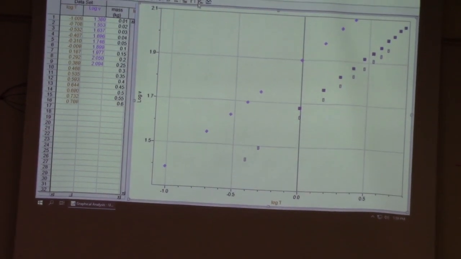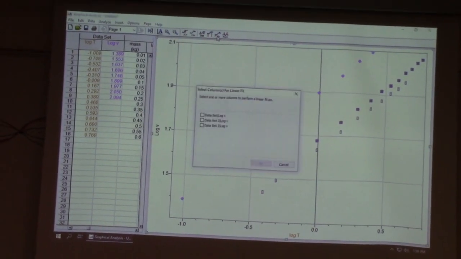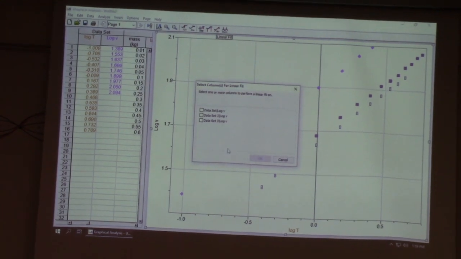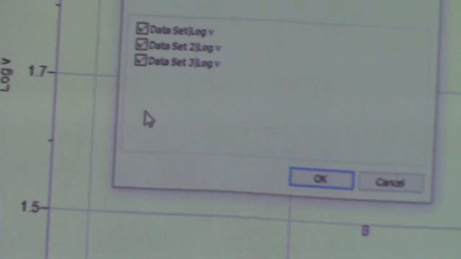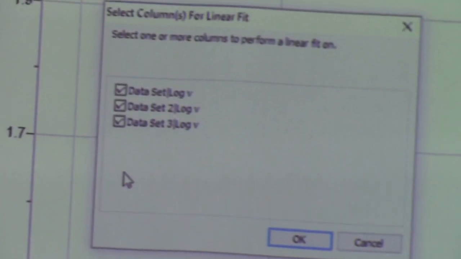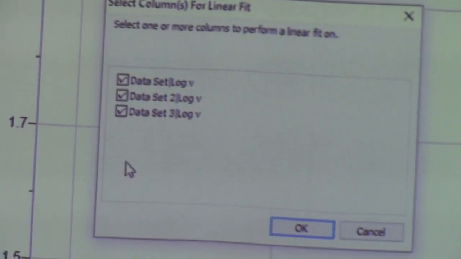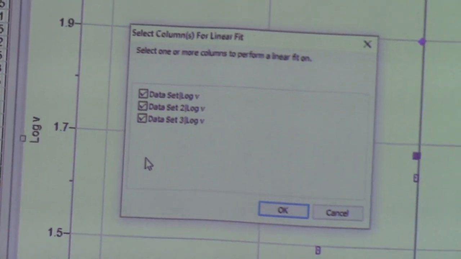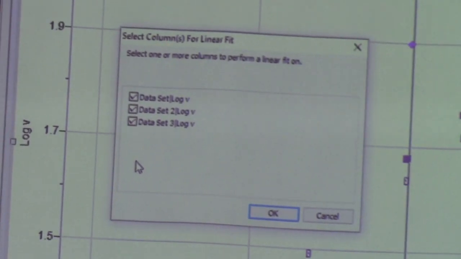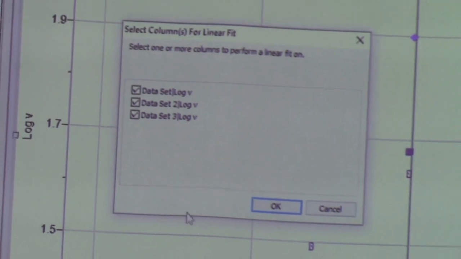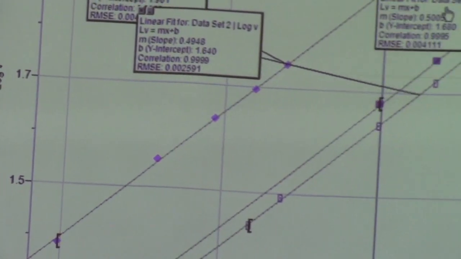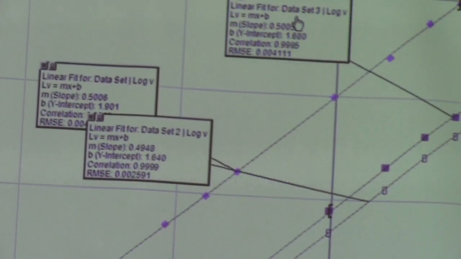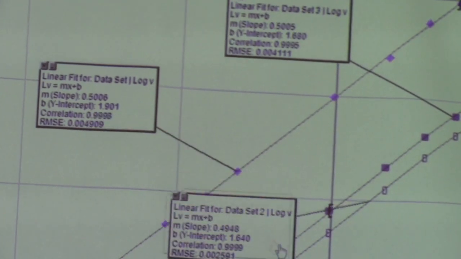And then, if you remember, this regression line was up here, so I'll go regression line. And since we have more than one data set, which we didn't have last week, it's coming back and asking which of these data sets do you want to do a regression line with? Well, all of them in my case. So I'll put a checkbox by all 3 of them and click OK. And then maybe I'll just move my title boxes around